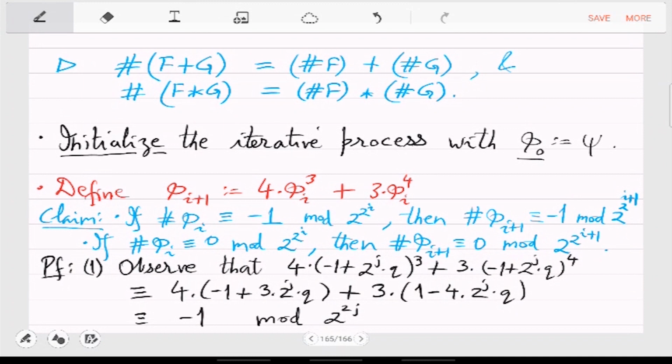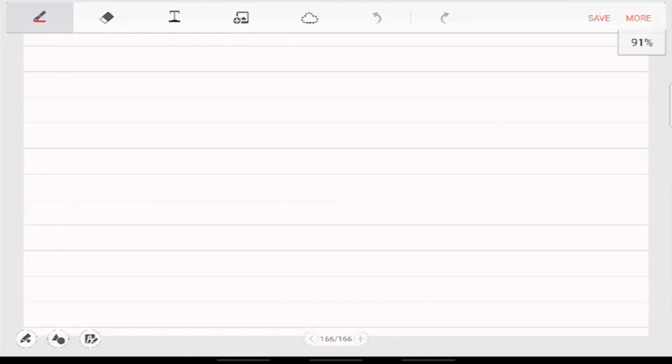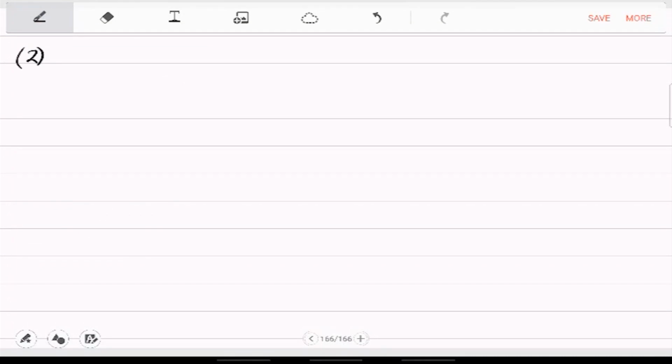So if you start with minus 1 mod 2 raised to j, then you end up with minus 1 mod 2 raised to 2j. There is a squaring, right? So just remember that modulus gets squared. That proves the first case. Let's go to the second case. So in the second case,